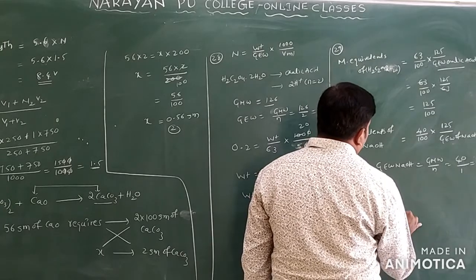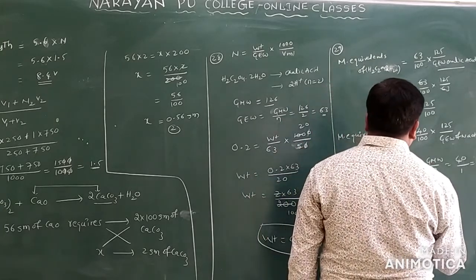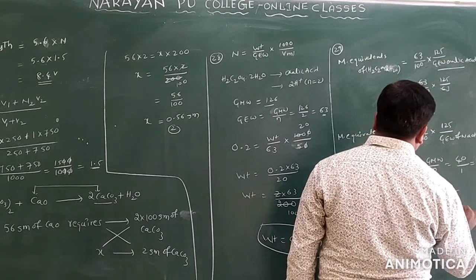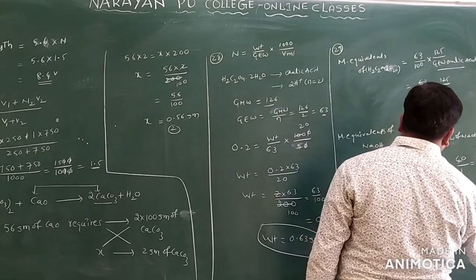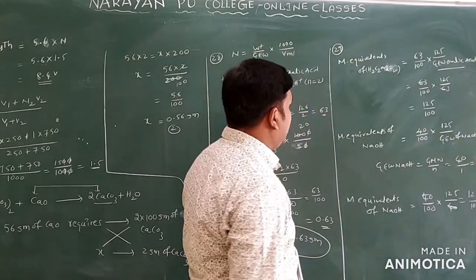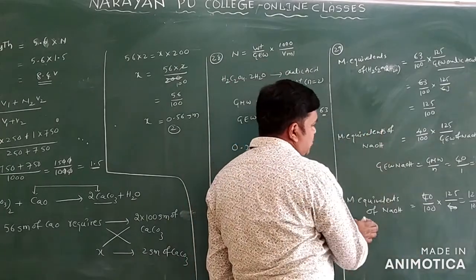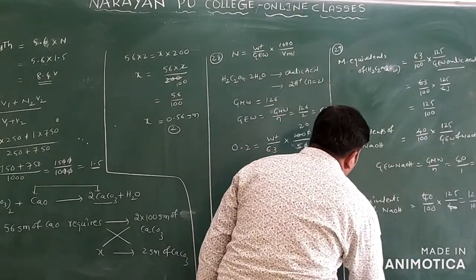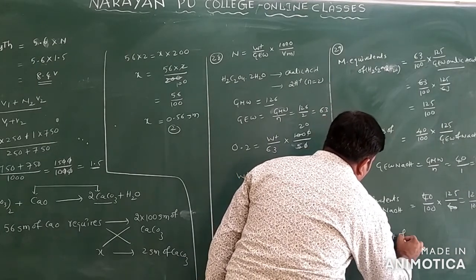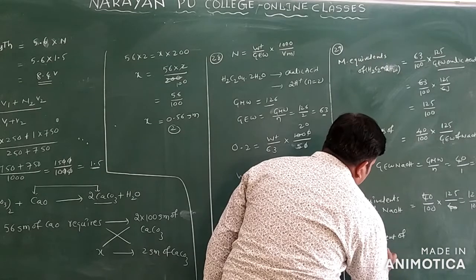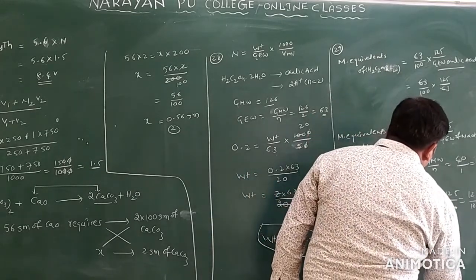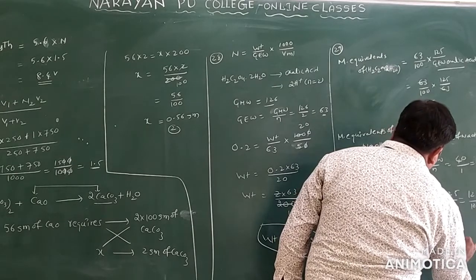equivalents of NaOH is equal to 40 by 100 into 125 by 40. So altogether you will get how much? This is 125 by 100. Now what can you get here? Milli equivalents of oxalic acid is equal to milli equivalents of what? NaOH only. Milli equivalents of, I will write the name here, oxalic acid is equal to milli equivalents of